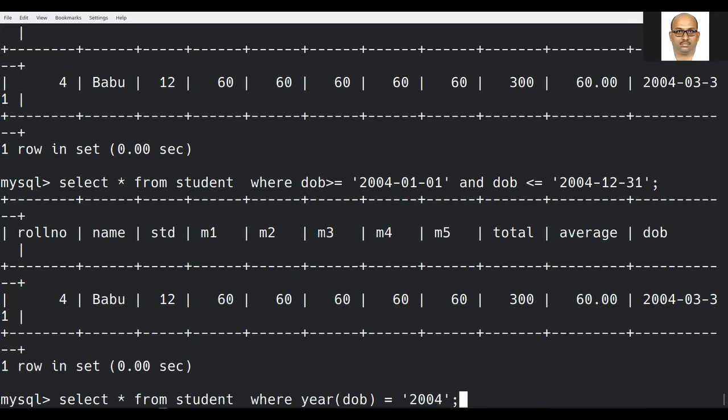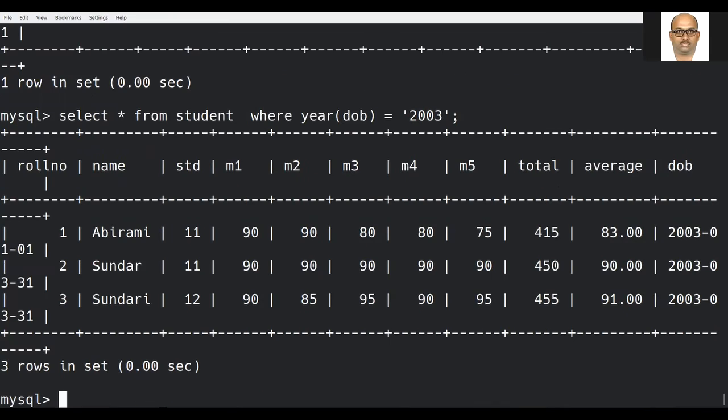Similarly, if they are asking for 2003 now, I can just change the year in that particular date function. See here, I can easily select all the students who are born in the year 2003.